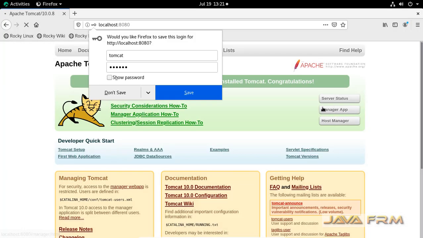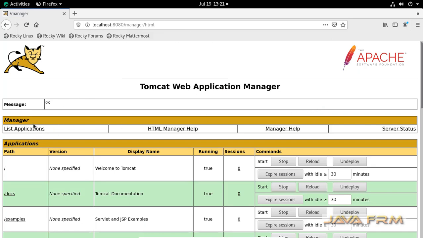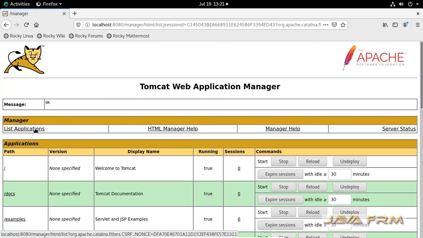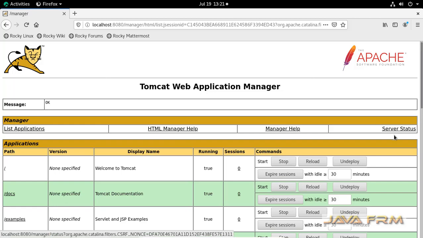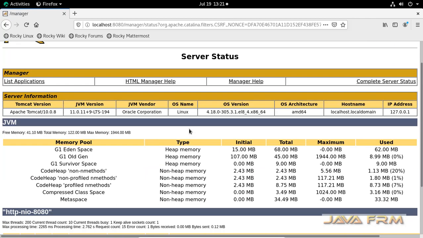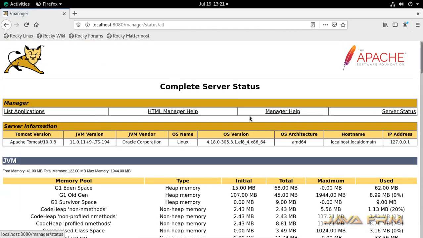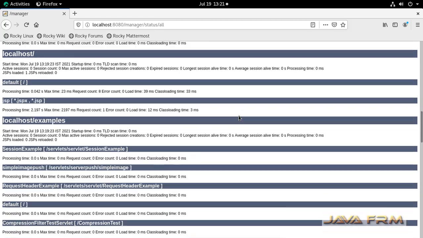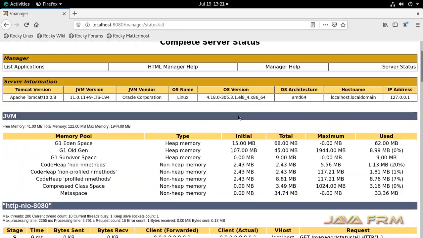Provide the username and password which you have provided in tomcat-users.xml. Make sure that this username and password come from tomcat-users.xml. So the username is tomcat and the password is also tomcat. You can check the server status and manager app using this username and password.